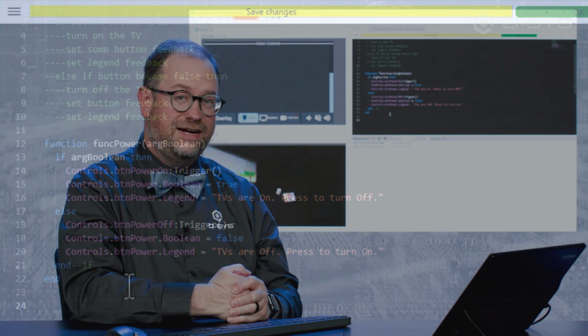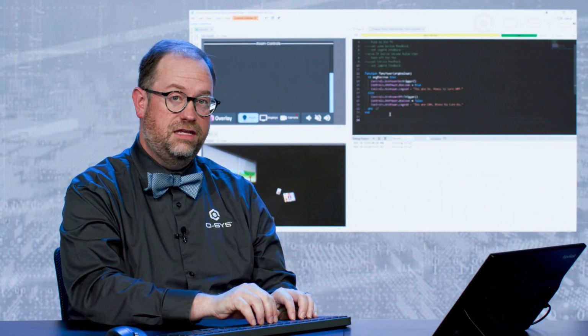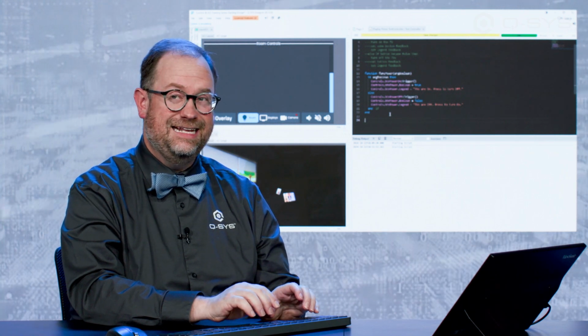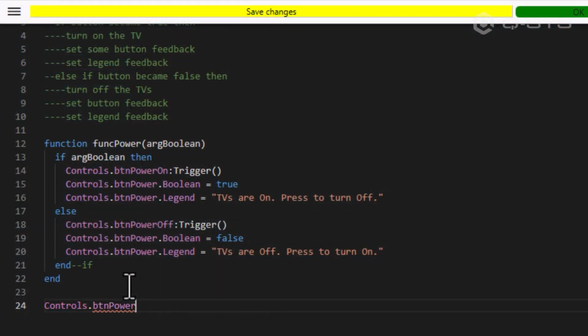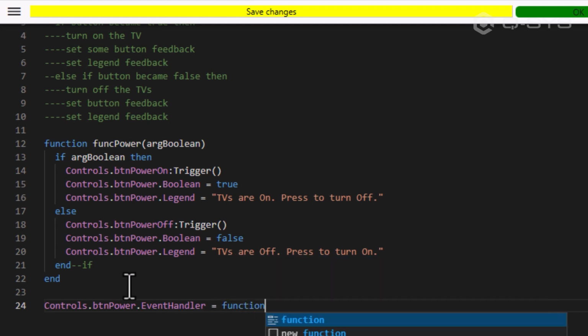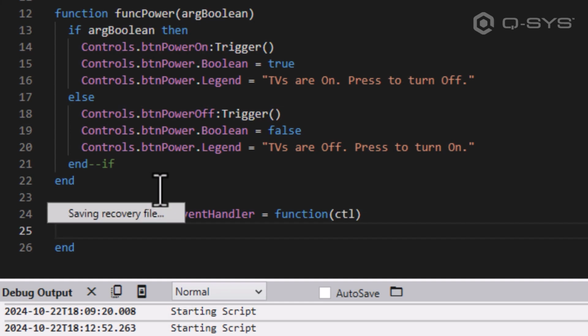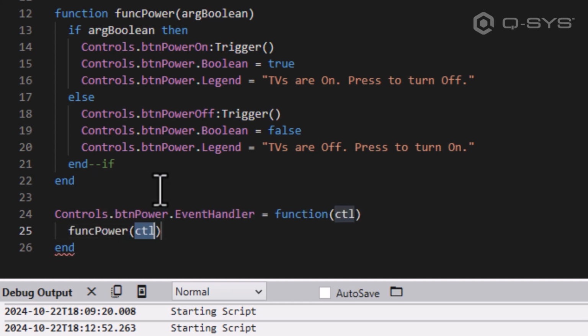So let's write the event handler for the power button. Where is the power button? It is in the list of controls. Controls.btn power.event handler is a function. We're going to pass in CTL, just like you expected, Nate. And what function are we going to call? Well, the only one we know, func power, and we're going to pass in